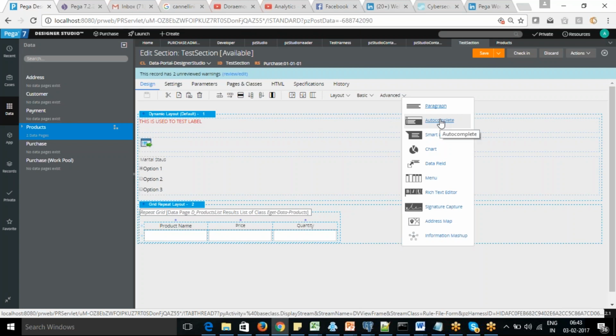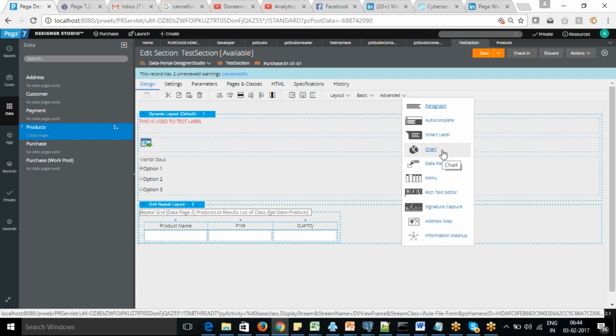So if the number of options is more than 100 or 200, we can plan to deploy that as an autocomplete. If you say the number of products will be more than 1,000, and you are looking for a product and it shows you a drop down, and you are just scrolling down to get the name of it, that will not be a good design. So if you have more than that, you should design with an autocomplete.